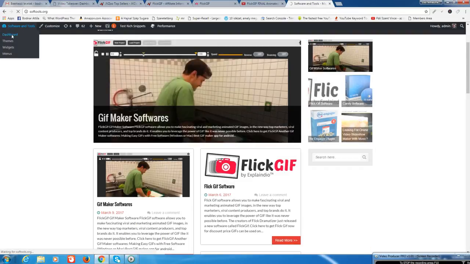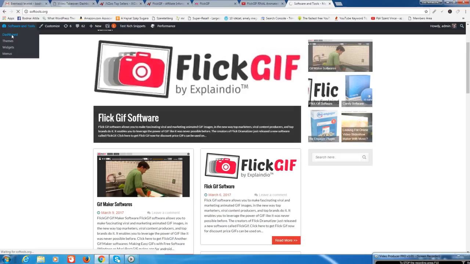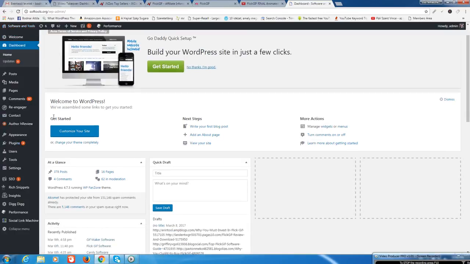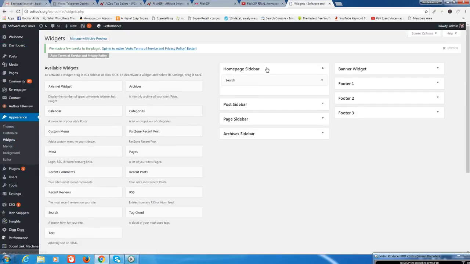and I click on my dashboard, and here on your WordPress blog you can go to appearance and widgets section, and here in the widget section you can insert where you want, on your home page sidebar or your post sidebar or page sidebar.